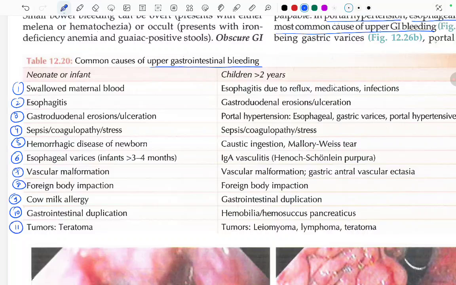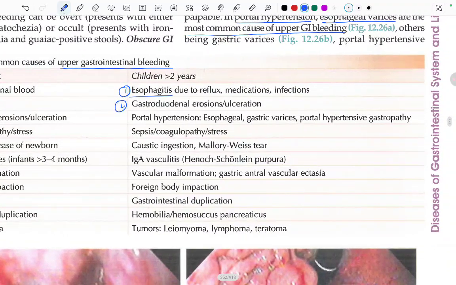And in children more than 2 years, it can be esophagitis, which can be due to reflux, medication or infections, gastroduodenal erosion or ulceration, portal hypertension, esophageal gastric varices, and portal hypertensive gastropathy, sepsis, coagulopathy, and stress,